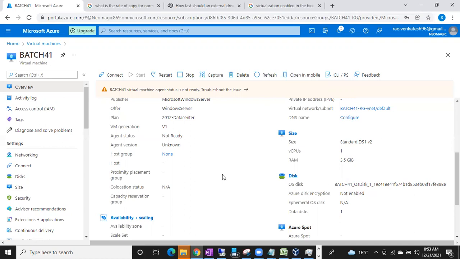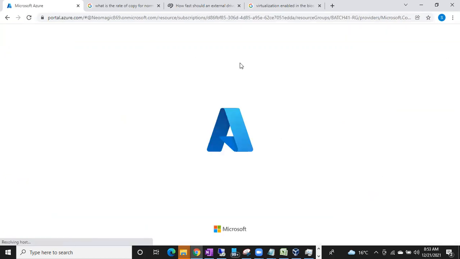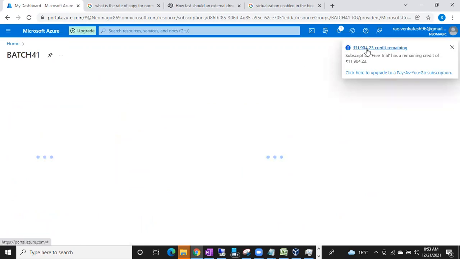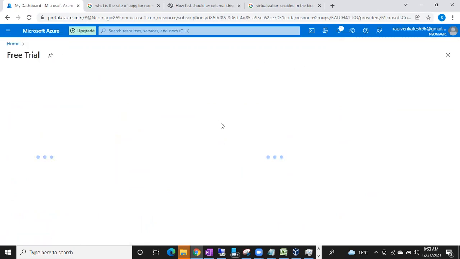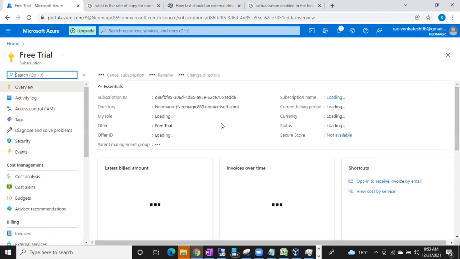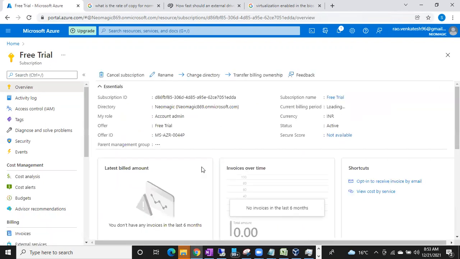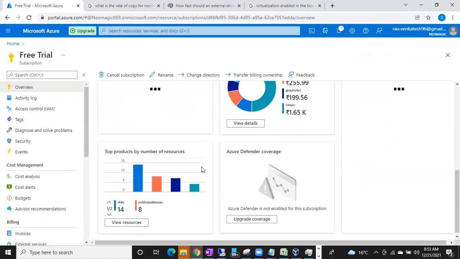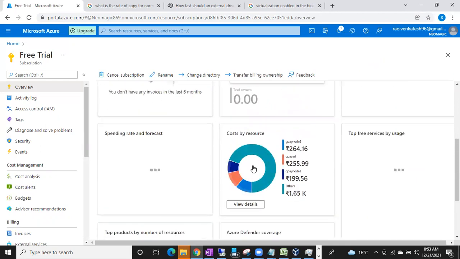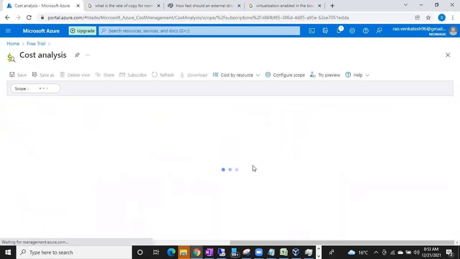The disks, see here, I'll show you. Let me refresh. You can see how much charge they are going to take. I have other VMs also. If you go to this one, you can see the resource group. Under resource group, you can see the billing. Go down, go down. Yes, this one. Just click on this one. You will get a window like this, and select resource groups.